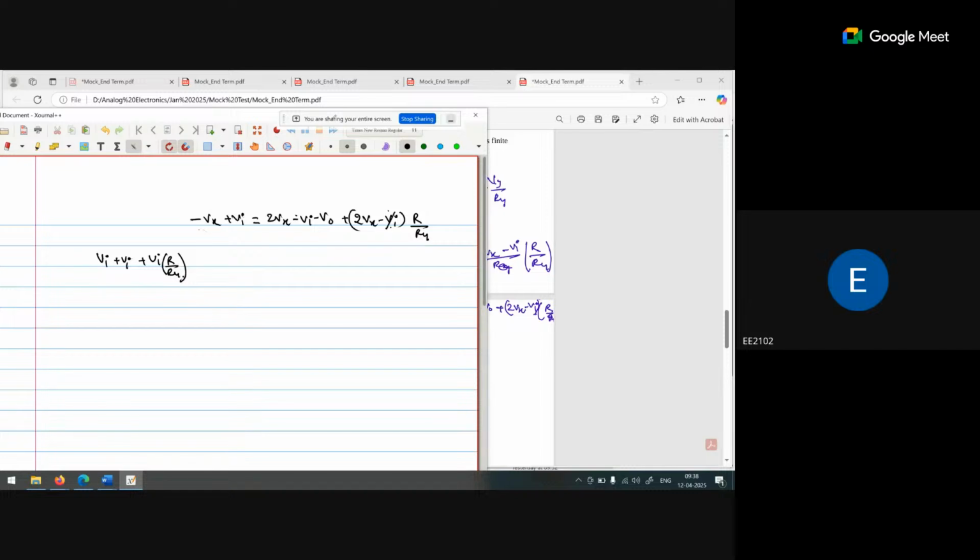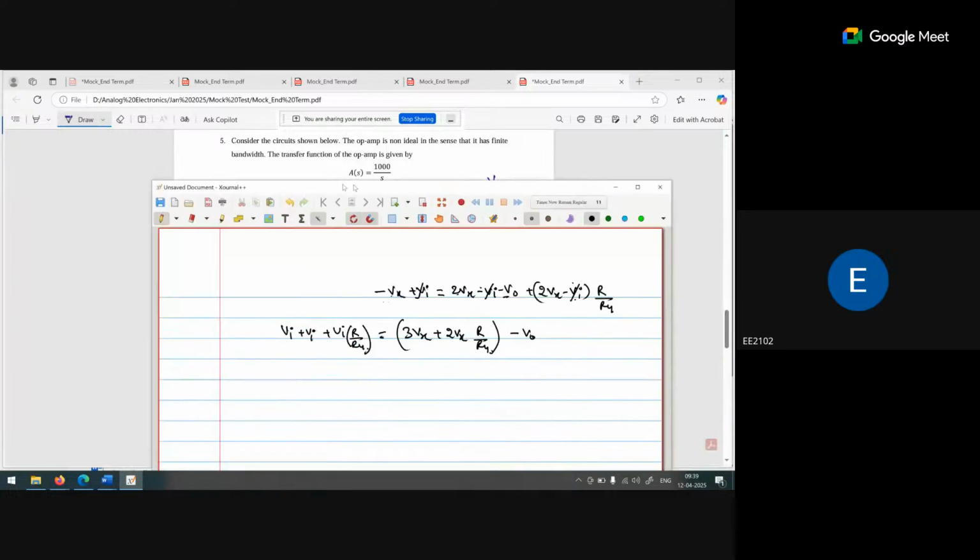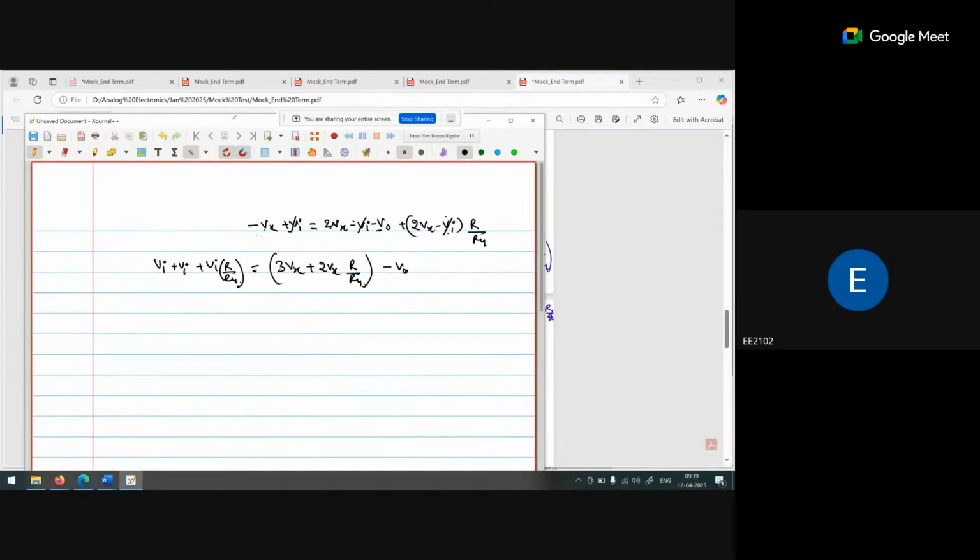Okay, so I'm taking this Vi, and this Vi is equal to Vx, Vi, 2Vx, 3Vx plus 2Vx R by R4 minus V naught. Okay, and what is the Vx? Minus V naught by As. So it is 2Vi plus Vi R by R4